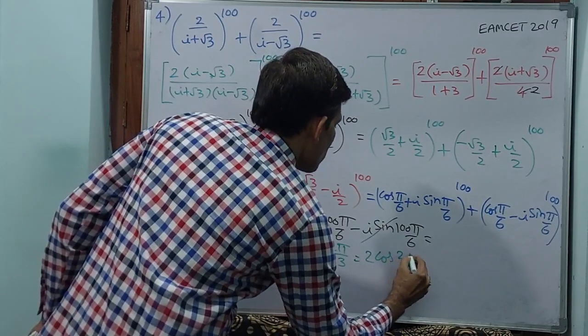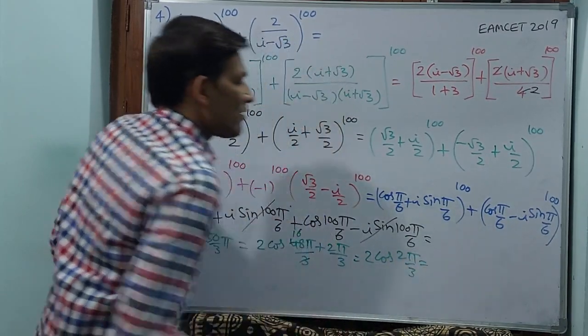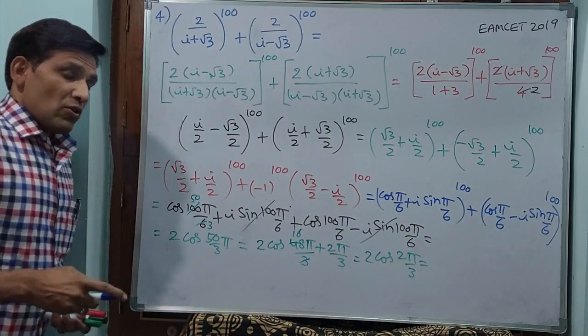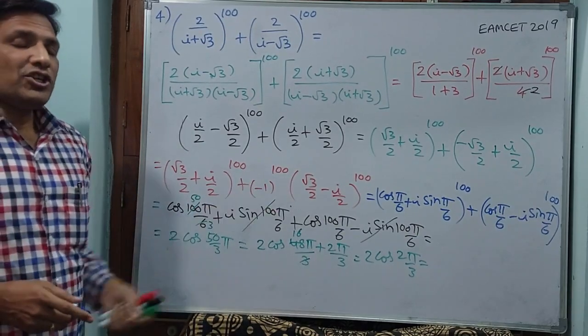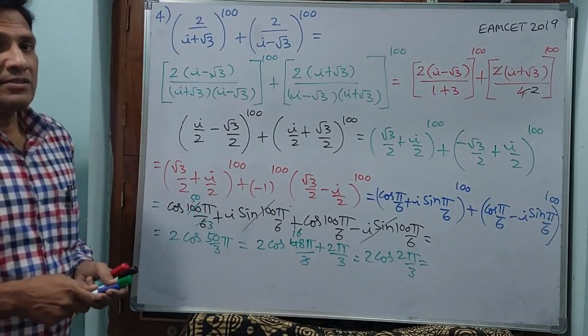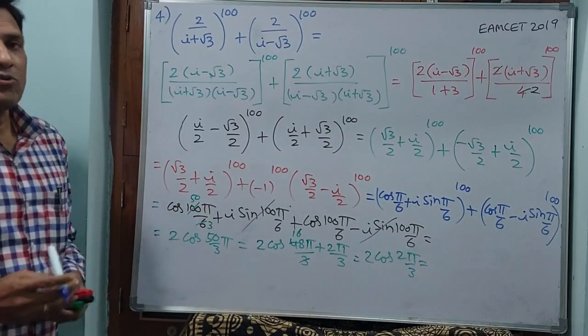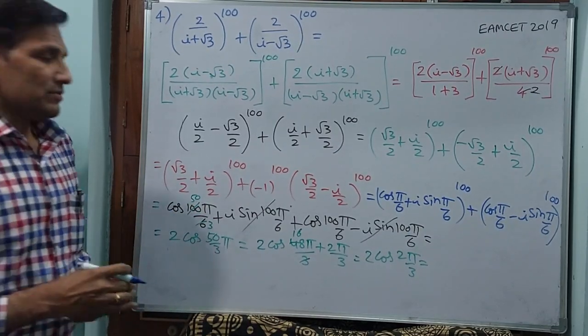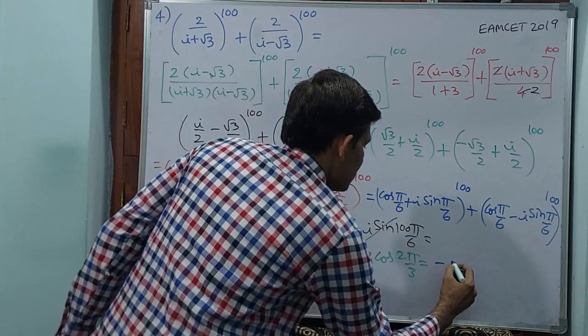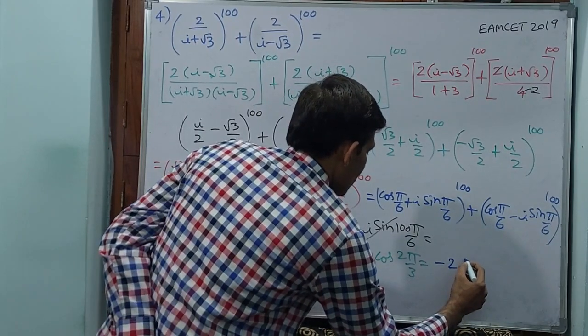Now you see this value: pi by 3 is 60, 60 into 2 is 120. 120 means this has gone to the second quadrant. Second quadrant means negative. Write down: minus 2 cos